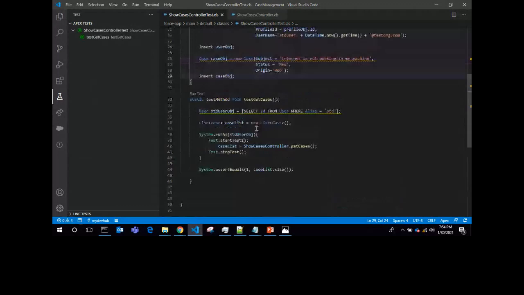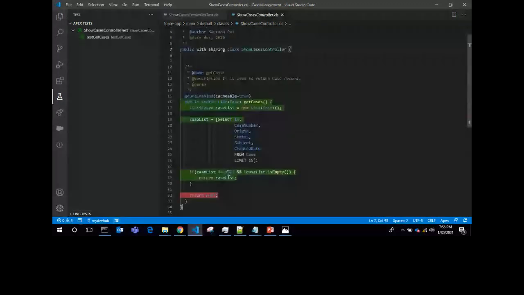Now I need to click on the link, Highlight Apex Code Coverage. When I click on that, I can see how many lines are covered during my test case executions. Currently, I have covered all the lines except the return null statement. So in this way, you can run the Apex test class from Visual Studio Code.